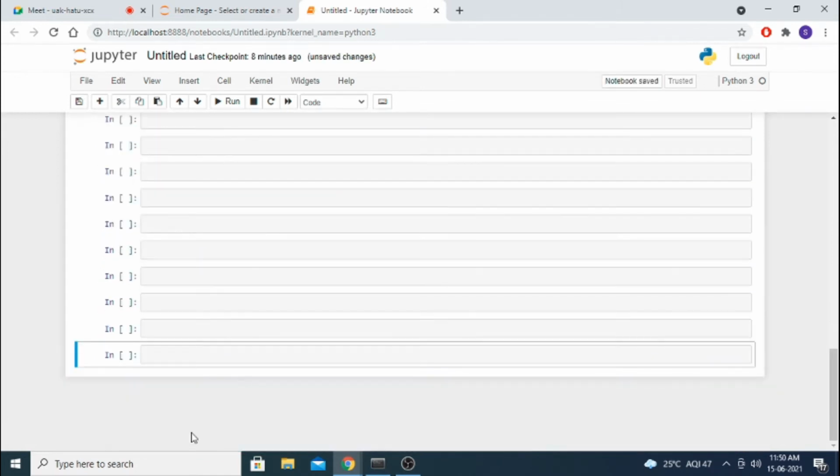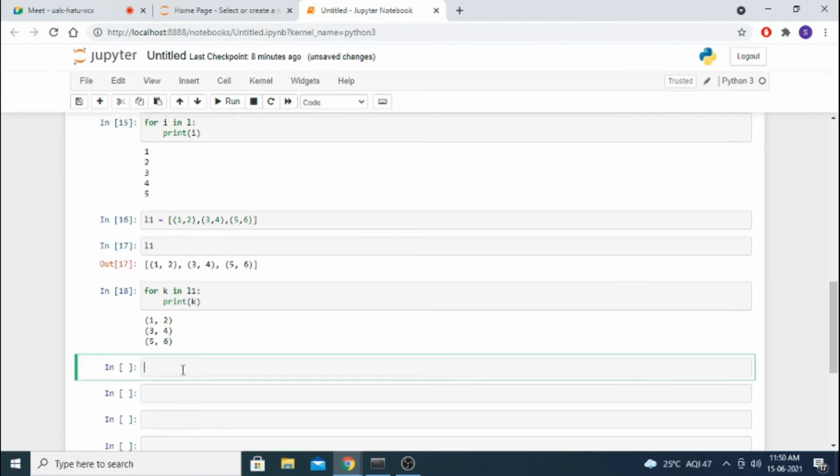Now here, for a, b in L1, like this also we can use. If you give k, it will take the entire thing. Now I am using a, b.